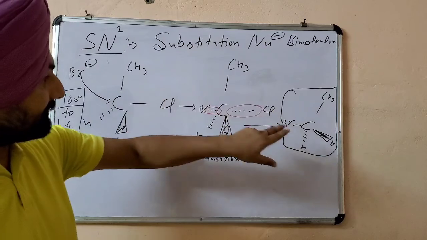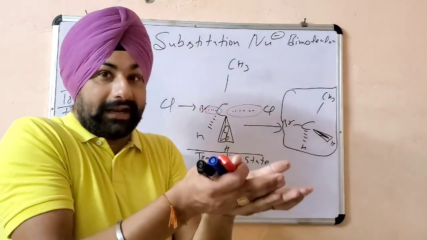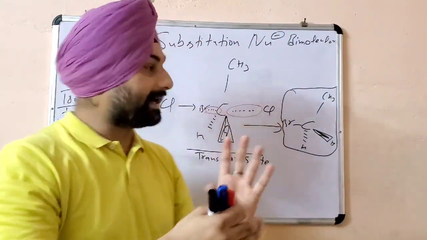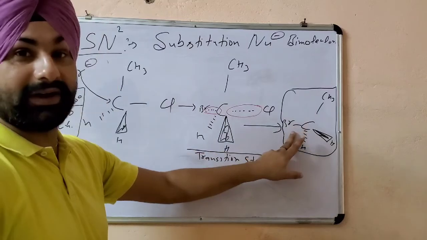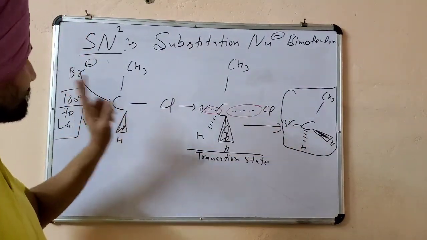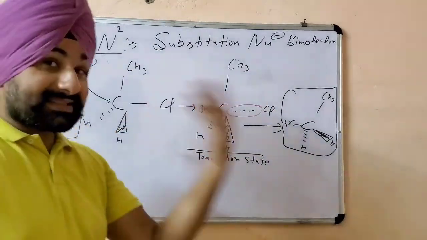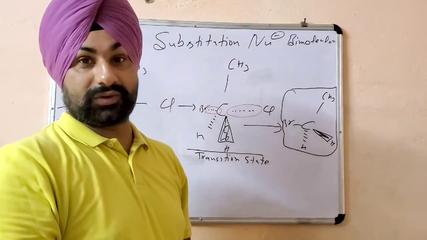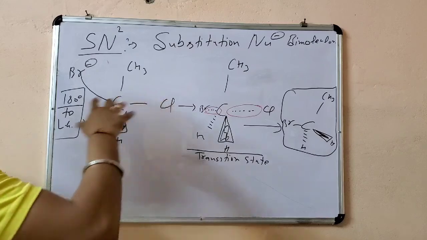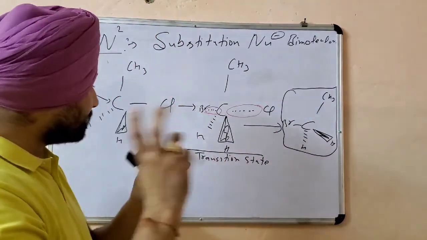Now we can clearly see the geometry is inverted, like an umbrella going from downside to upside when there is a big flow of air. Exactly, the geometry is inverted in this reaction mechanism. So in SN2 there is inversion of geometry, but sometimes there is retention of geometry also. That is the case when the attack is not from the backside. Backside attack is not always preferred and it is not always a proper attack. But there are two things.